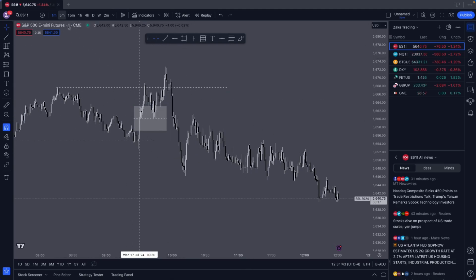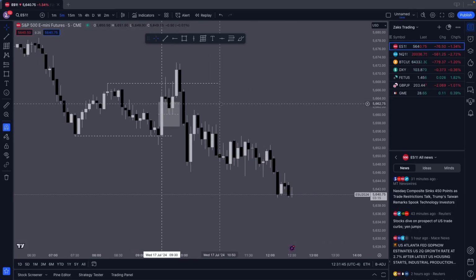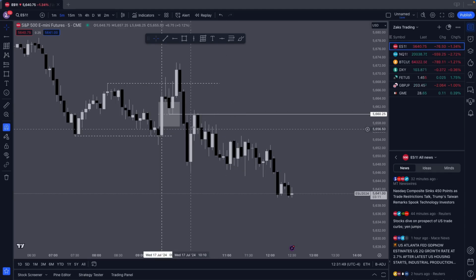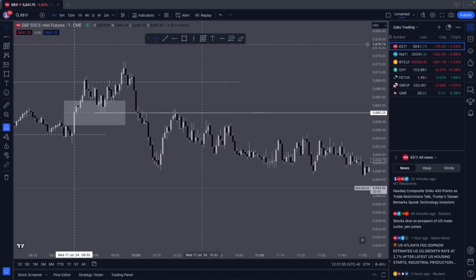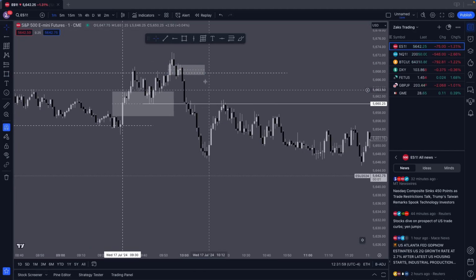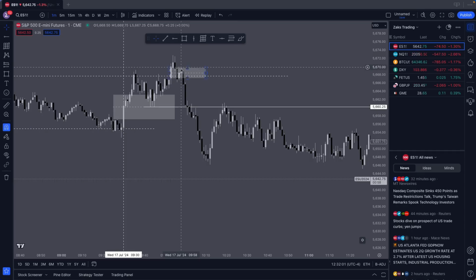We had a 5 minute break. I can't really remember my trade. We had a 5 minute break here, and I entered on that break because we had a 1 minute rejection, fair value gap up here. Because obviously price was respecting it, came down, disrespected it with this candle, broke 1 minute structure,